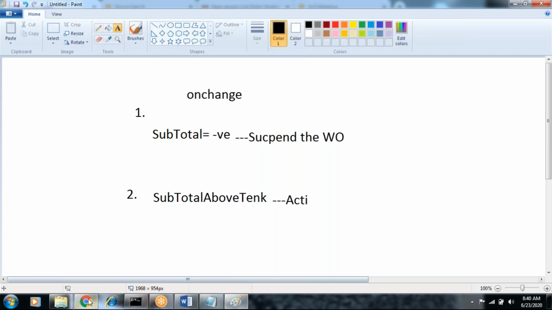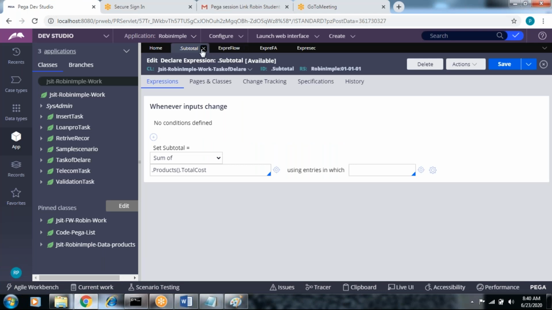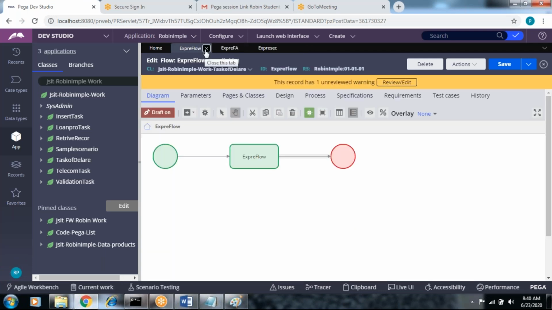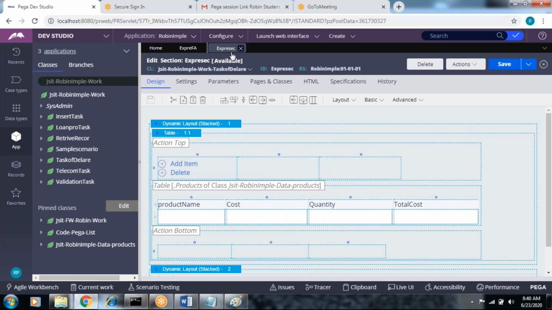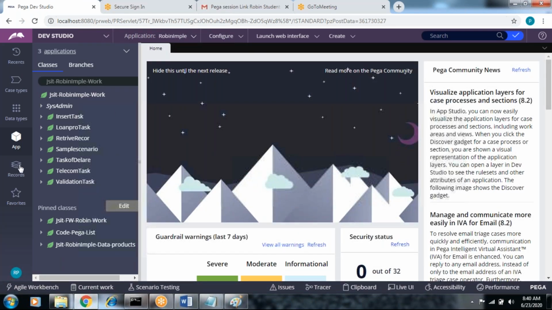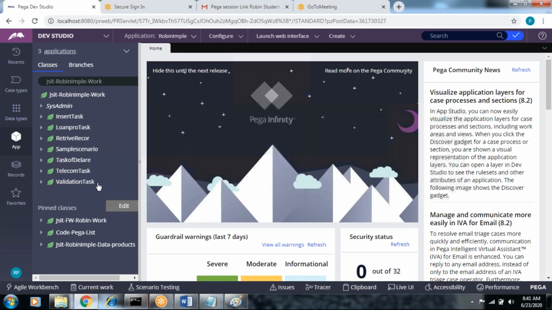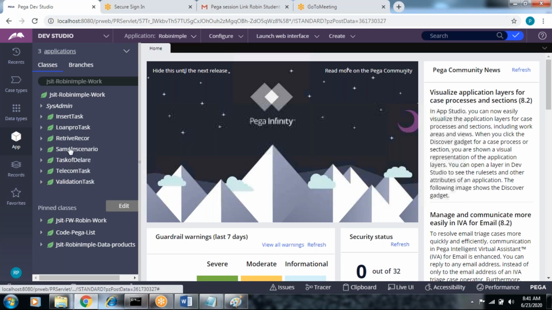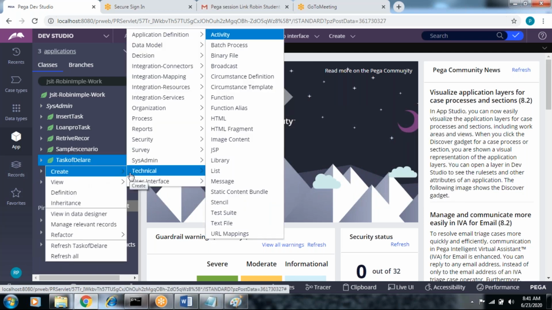Let's go for on change. So at the task declare, right click. On change is also under the decision category.